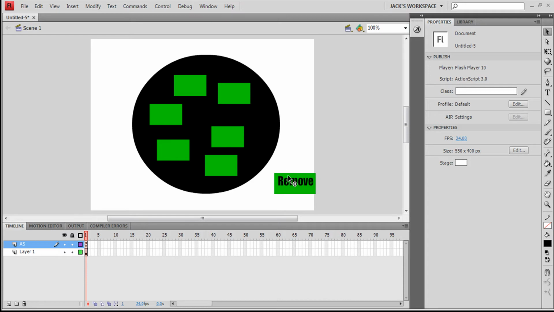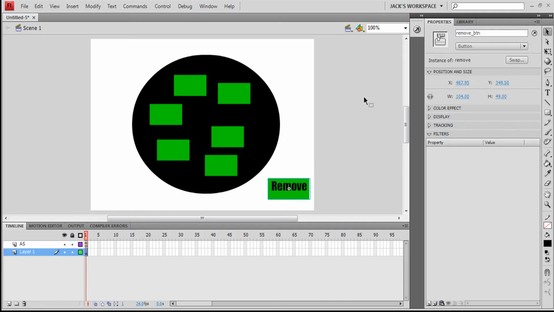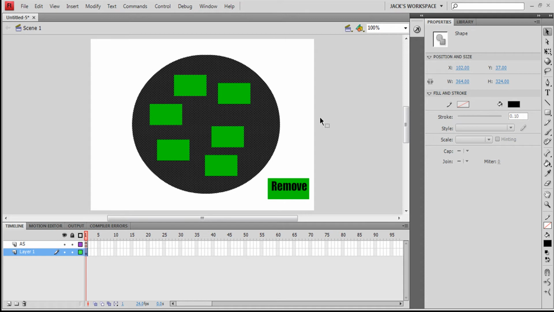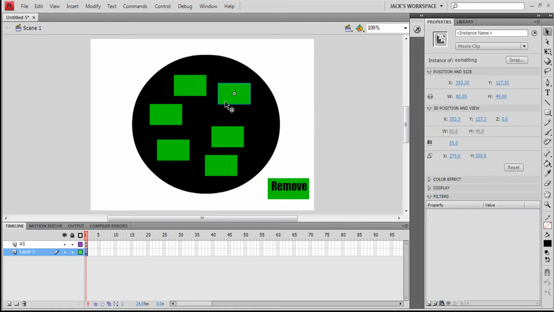The layer with the objects has a remove button, and it's just a button with the instance name remove underscore btn, and we have all these squares that are all movie clips and just a raw shape in the back. I'm going to select all these shapes by holding down shift except the raw shape, so don't click the circle. I'm going to convert all of these to a symbol,